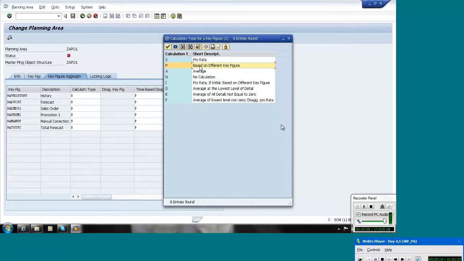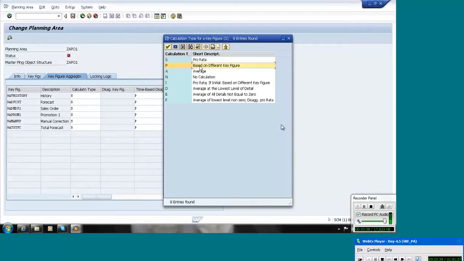So if I want to base it on the forecast weightage and I enter some promotion value, it will also read the same detail level. For example, product A 10, product B 20, product C 30. If I enter 60 at the brand level, it will distribute product A 10, product B 20, and product C 30.